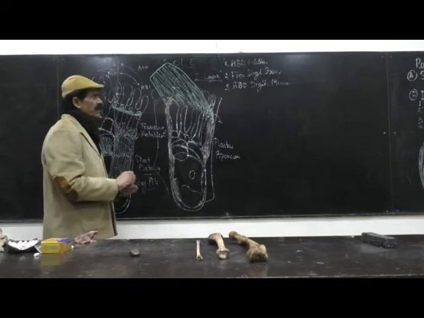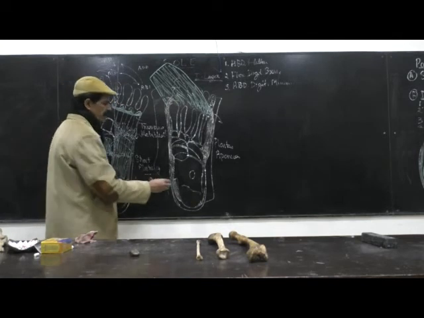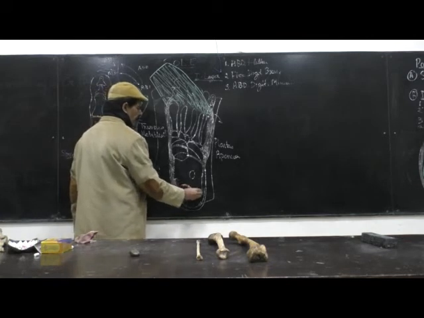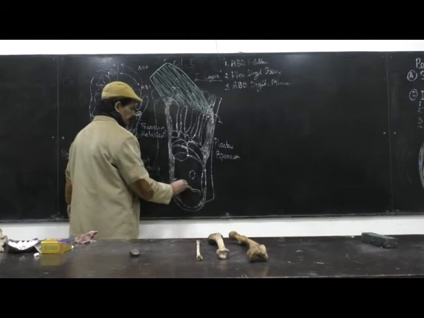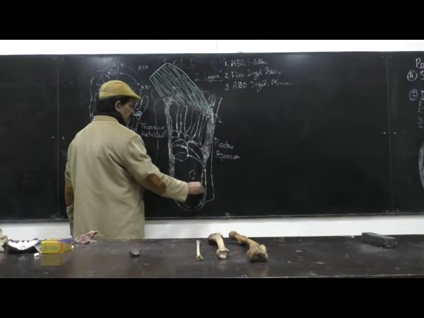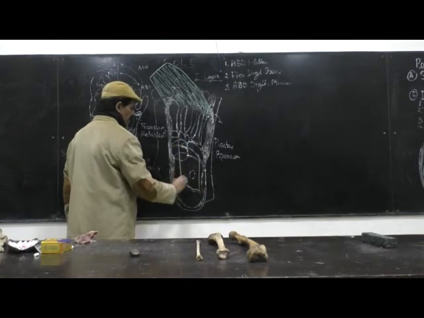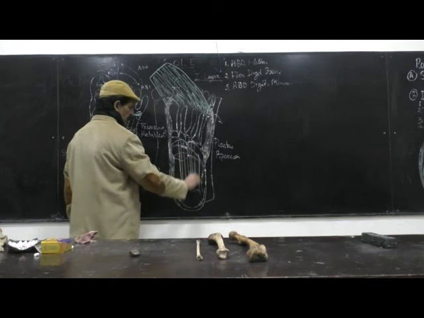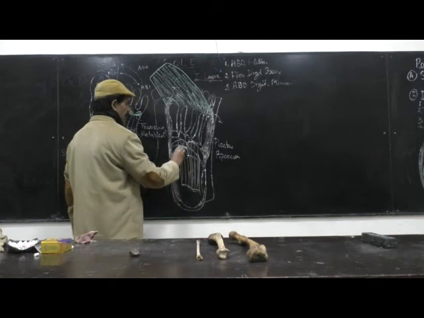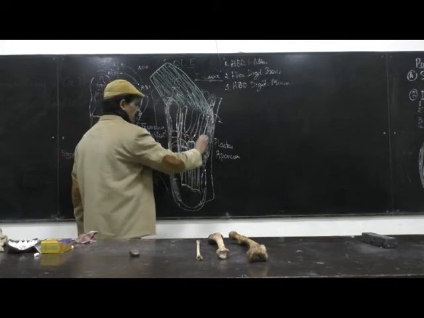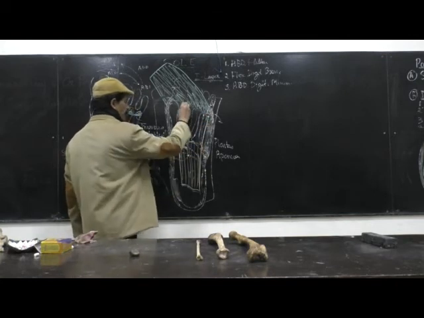The origin of this flexor digitorum brevis muscle is from the calcaneal tuberosity, and from here this muscle will go in the forward direction, and anteriorly this muscle will divide into 4 slips